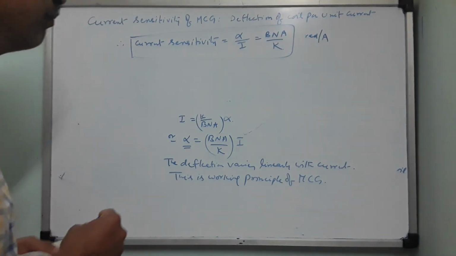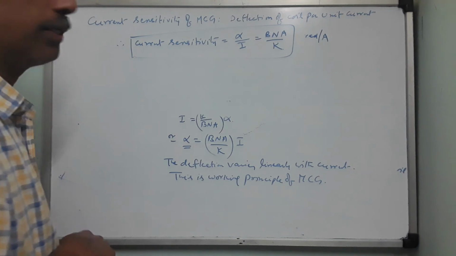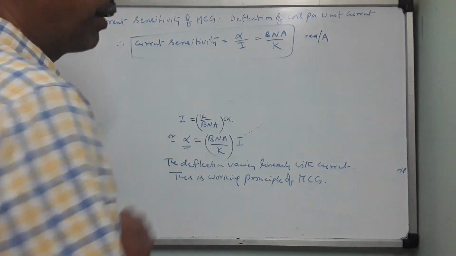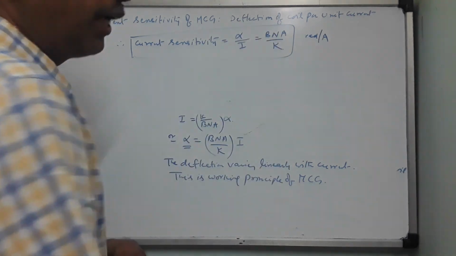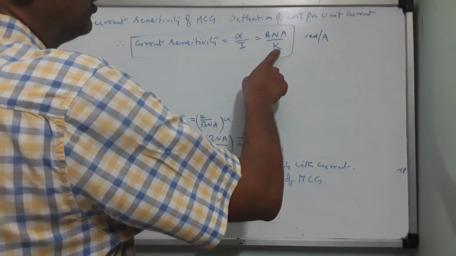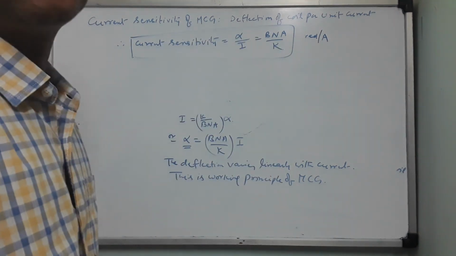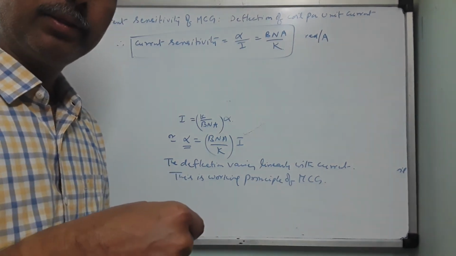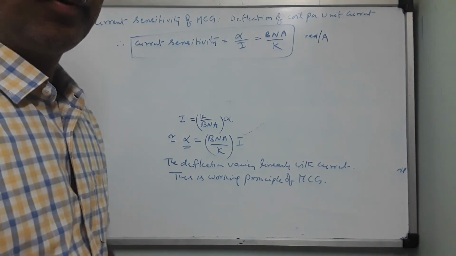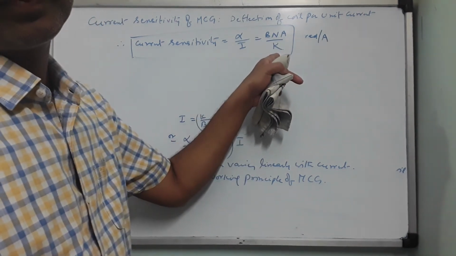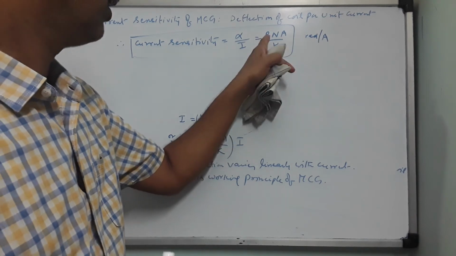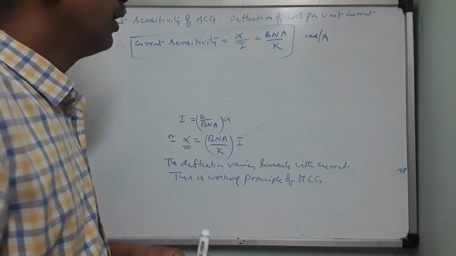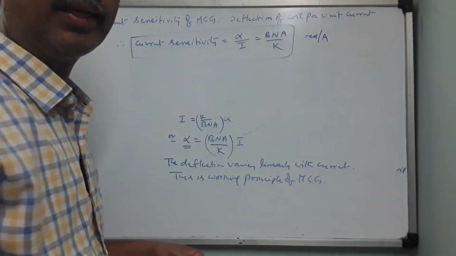Okay? Fine. Now, in order to increase the current sensitivity, you have to increase the field value, you have to increase the number of turns, you have to increase the area of the coil, you can decrease the twist in the coil. So you should select such a material for that hair spring, that is nothing but the spiral spring, such that which has got very low restoring twist. So twist should be small, field should be strong, there should be large number of turns, the area should be large.